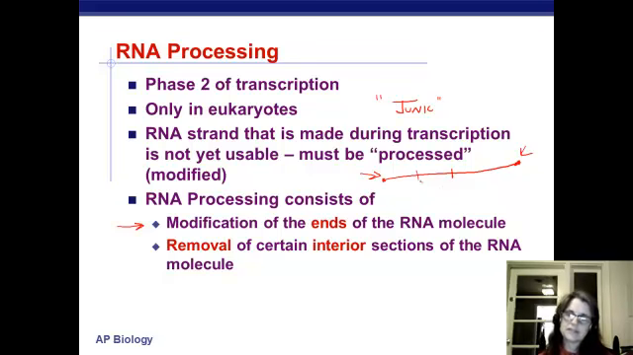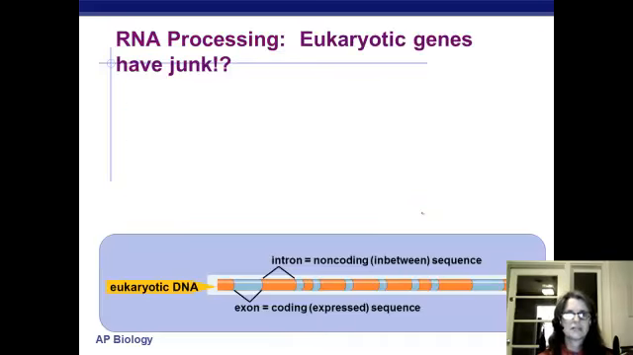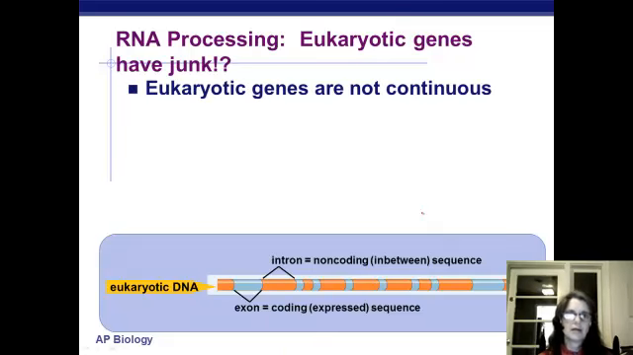We know now that these stretches of RNA are probably not junk, but they are cut out, and the remaining DNA is going to be spliced together, and we're going to talk about that. So, eukaryotic genes have junk? Well, probably not, but when you get a piece of RNA,